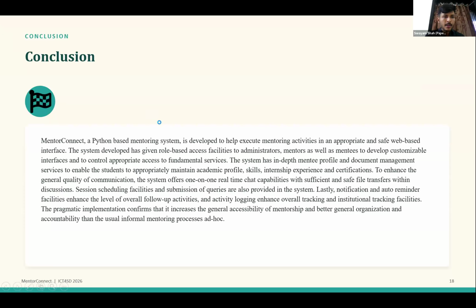Next, conclusion. So Mentor Connect is a Python-based mentoring system which is developed to execute mentoring activities in an appropriate and safe web-based interface. The system developed has given role-based access facilities to administrators, mentors, and mentees to develop customizable interfaces and control application data. The system has the in-depth mentee profile and document management, which helps students create profile overviews that help them in creating resumes for their placement